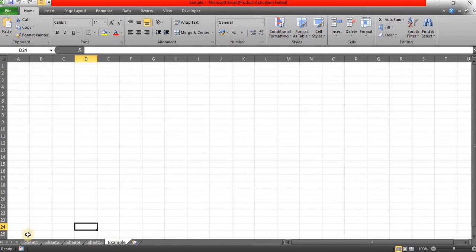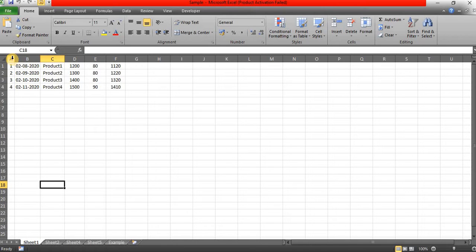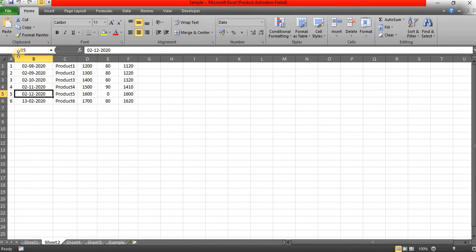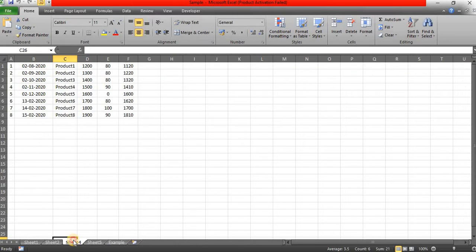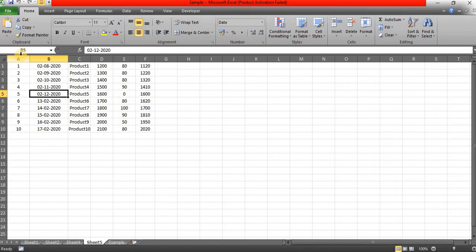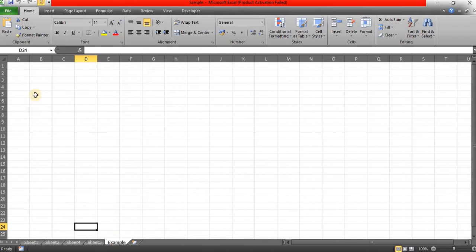So currently there are 5 sheets available. In Sheet 1 there are only 4 records, in Sheet 2 there are 6 records, Sheet 4 has 8 records, Sheet 5 has 10 records, and in the Example sheet there are no values.